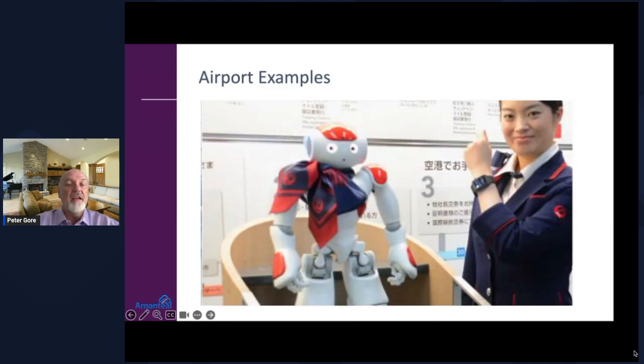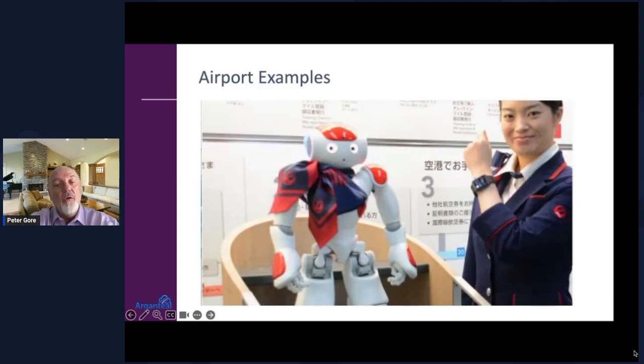One cool thing is Japan is working in the Haneda airport on a multi-language robot that is actually able to interact with passengers and has a direct link to the airline's digital feed at the information counter. People are able to ask for directions, flight information, and the robot is able to understand multiple different languages.